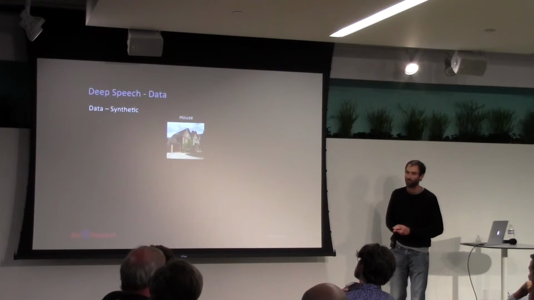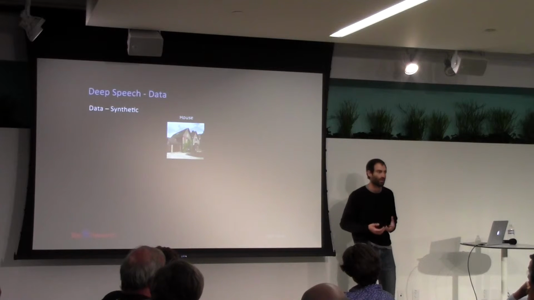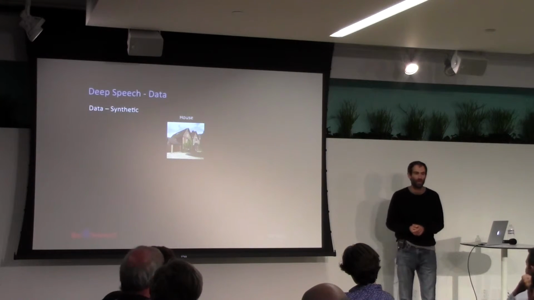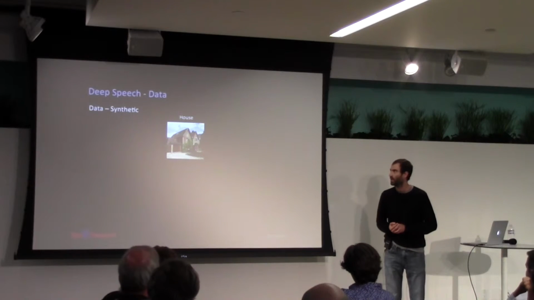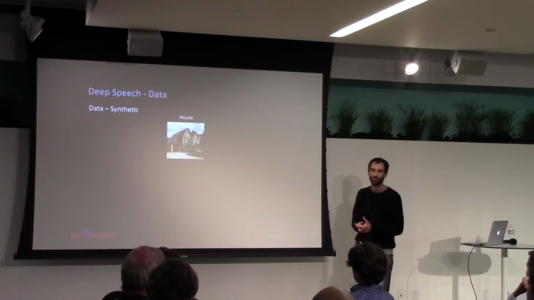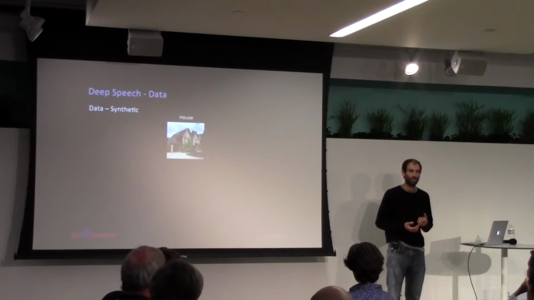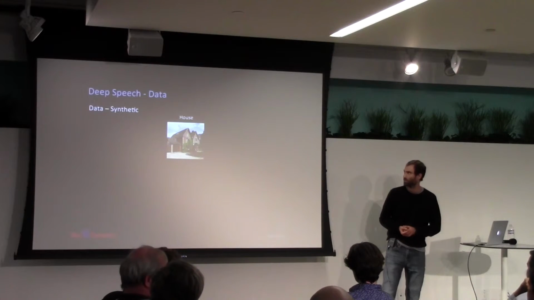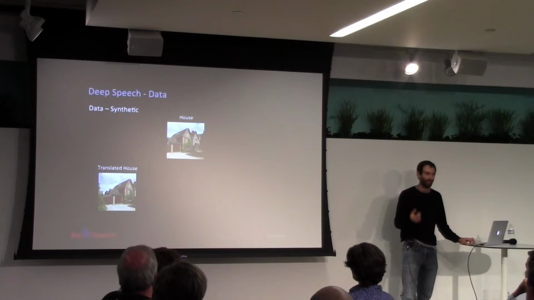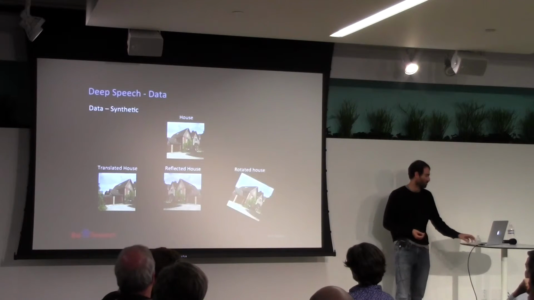Now, where does the data come from? Well, we have many thousands of hours of real data, but we need a lot of rocket fuel for this system. So we turn to computer vision as inspiration in our case. One thing that's commonly done in computer vision is to take an image and change it in ways such that the label is preserved. So you can do very simple things to this picture. You can translate it, shift it left and right. You can reflect it about its vertical axis. You can rotate it.